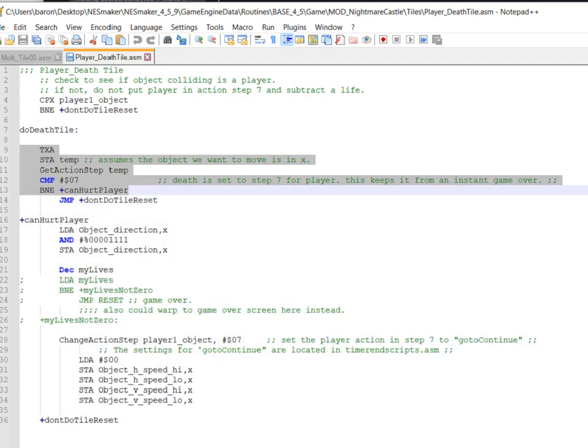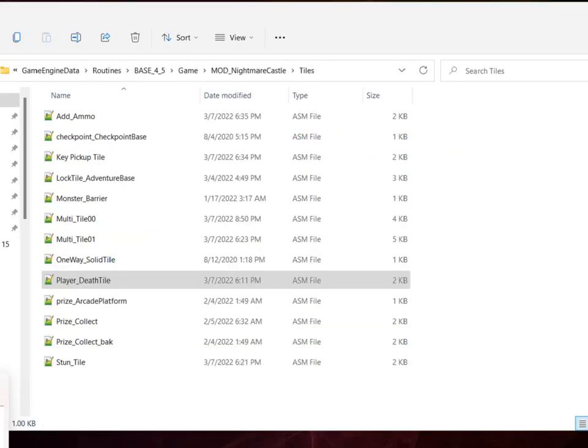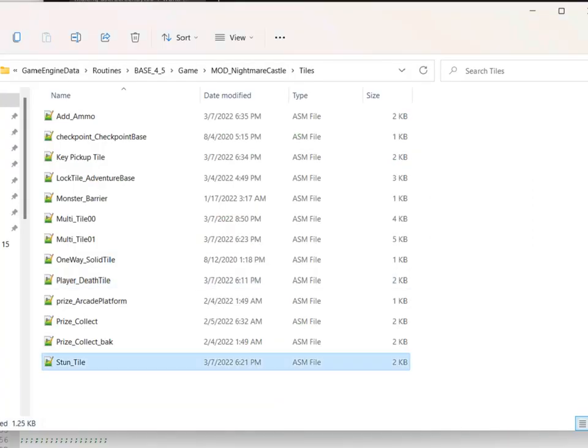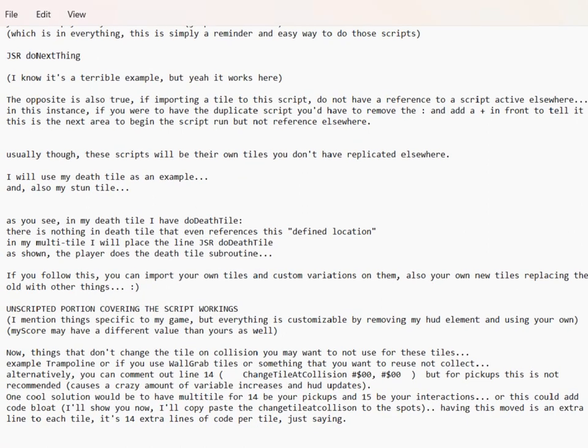My death tiles are a little different, okay, but I also have the stun tile. That's kind of like the stun tile that Joe made in the one tutorial that either kills all the monsters on screen or just puts them in a stun state where they just stay there or repeatedly do a little thing. So same thing, if you have something like this in here, which is a defined location,